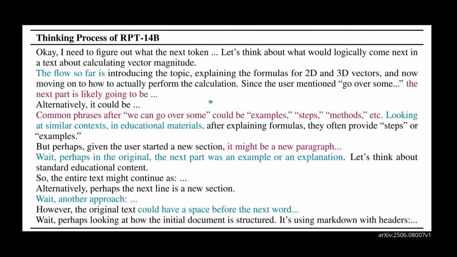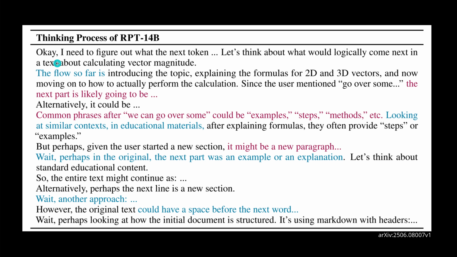Now, this thinking process, what is now happening in this thinking process? You are not going to be surprised if I tell you those are the reasoning traces that are extracted from the R1 model from DeepSeek. So here is an example. We have a particular topic to predict the next token. We are in RPT, the 14B model. And now we listen here to the reasoning to predict the next token, which is crazy to think about,